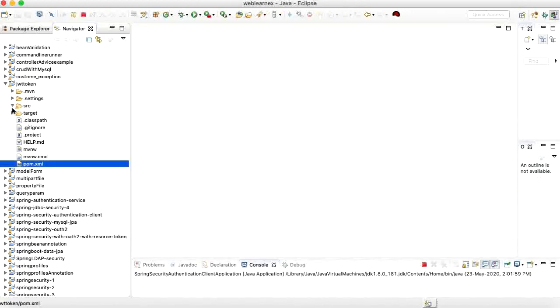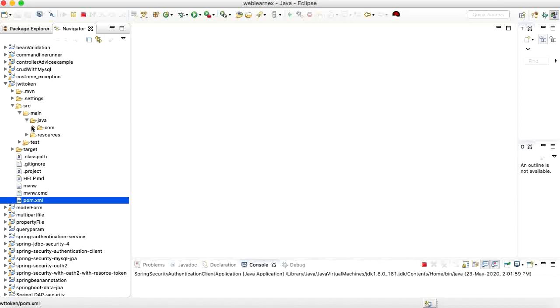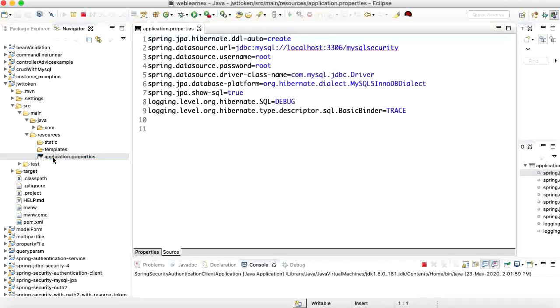Let's understand the structure of the code. Let me first open the application.properties. I am going to create one MySQL database, a MySQL security database, and I'm going to run this application in create mode.